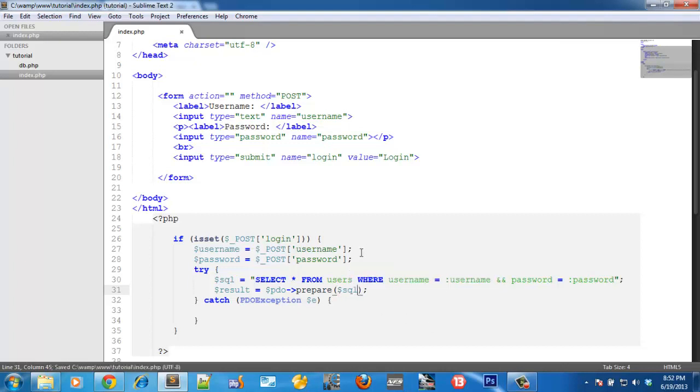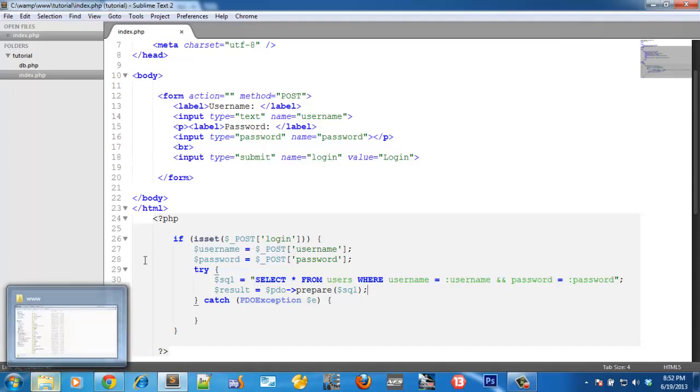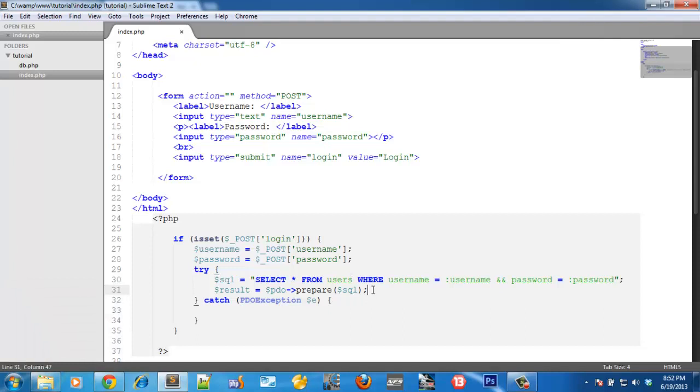SQL. Some people will prefer typing everything as it is here in this place, but what's the essence when you have a variable that can store everything here for you and you can use it at that moment with just the name of the variable? So now PDO will do that, and then the reason why we prepared this is because